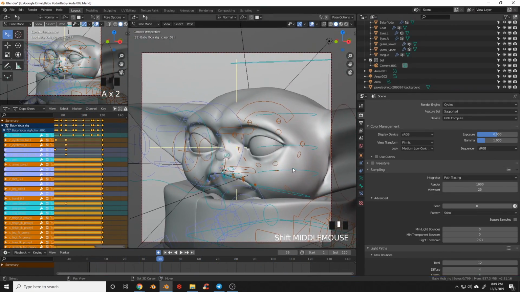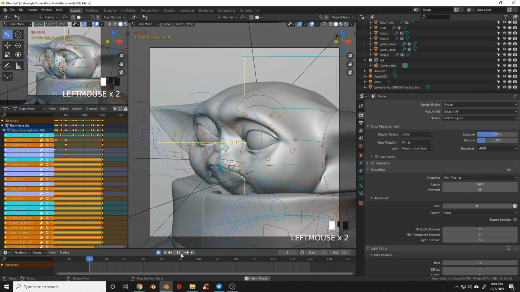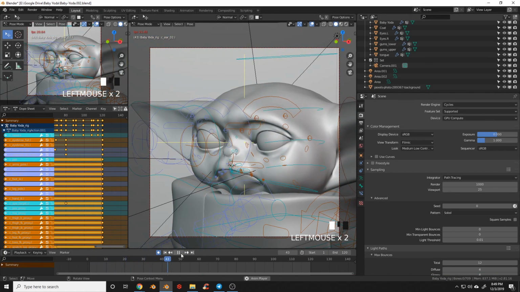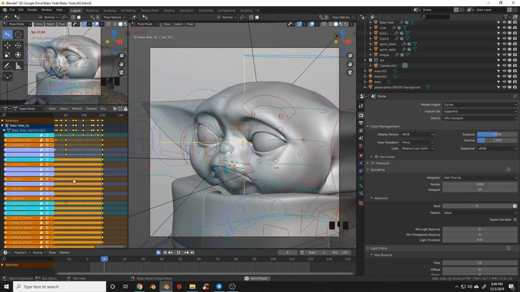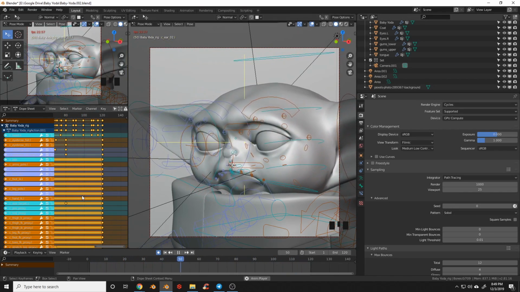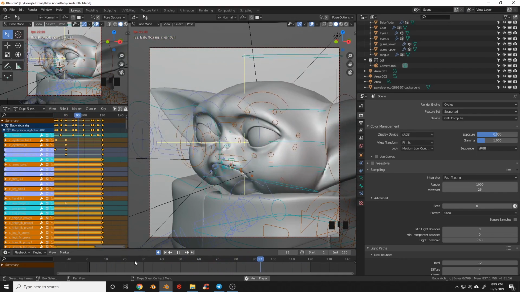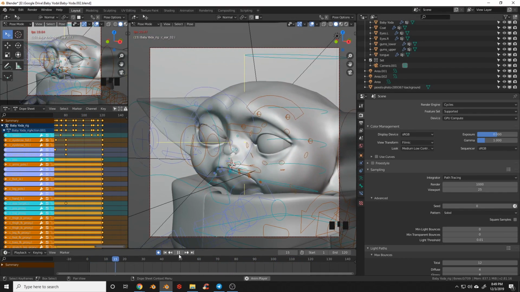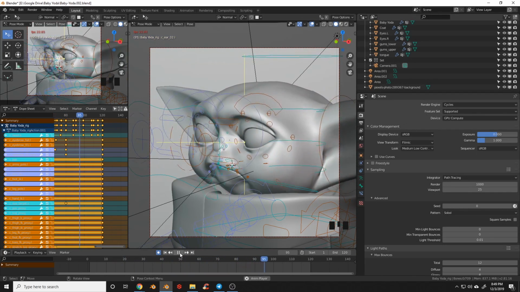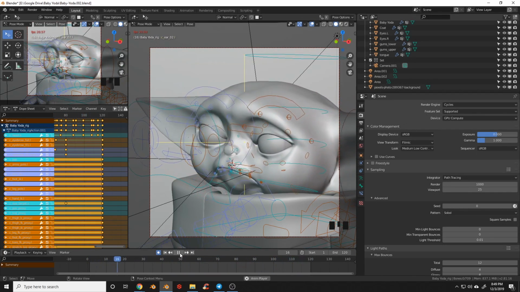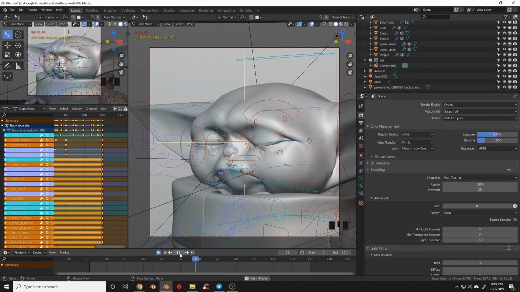Okay, so I've kind of blocked out the basic animation, and if we play it back here, we can see that it looks kind of awful. And that's because right now it's just interpreting from frame to frame with basic linear interpolation, meaning that it's just getting from point A to B the quickest way it knows. So later, we'll actually go through and we'll adjust the easing and make these moments feel a lot more natural. But for now, we're working on the blocking and the timing.